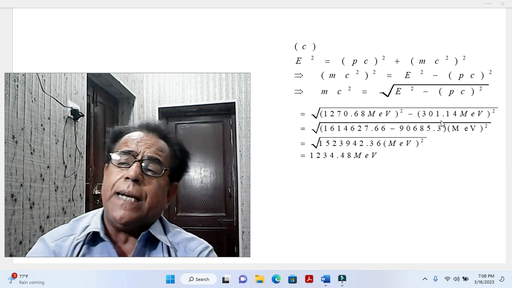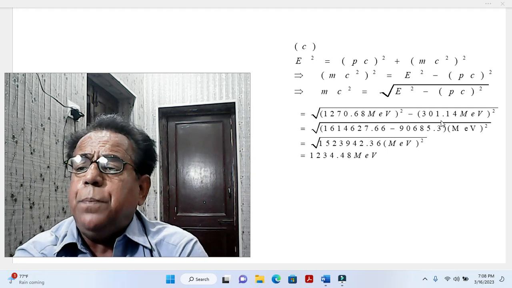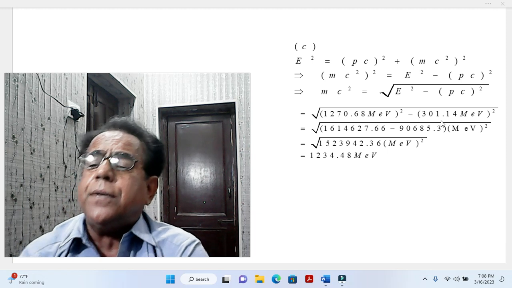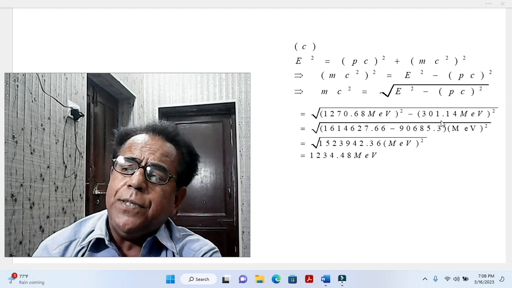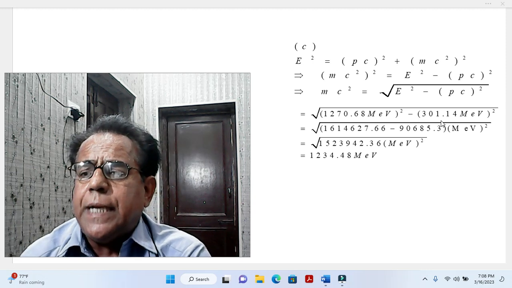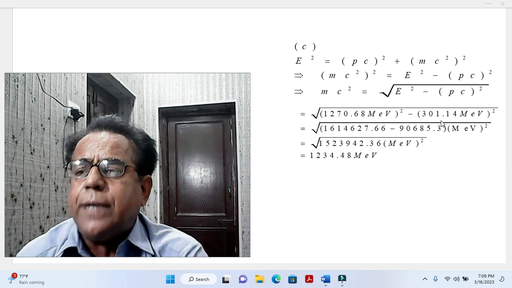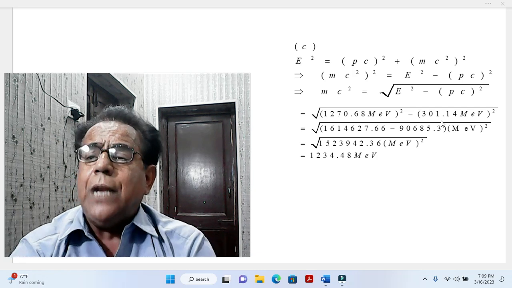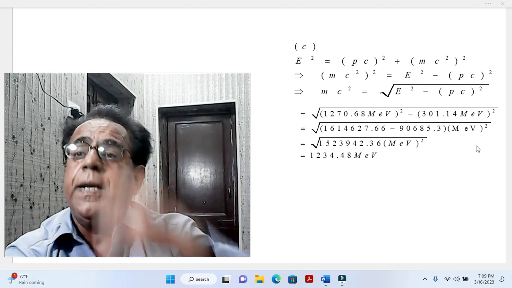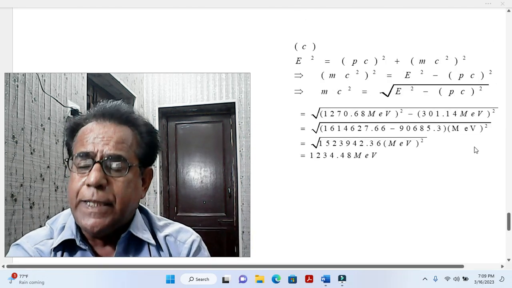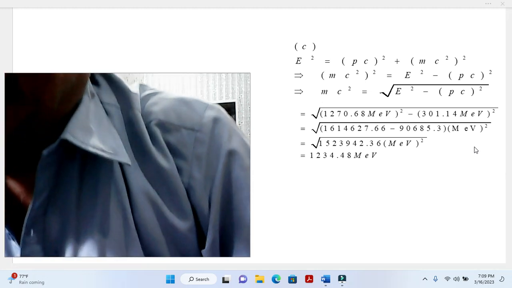When we take the square root of this, the square of million electron volt will disappear, because square root is power 1 by 2, and 1 by 2 will cancel with 2, and we get only million electron volt. Moreover, the square root of 1523942.36 will become equal to 1234.48 million electron volt. This is the result of our part c, and this is the end of our problem. Till the next video,